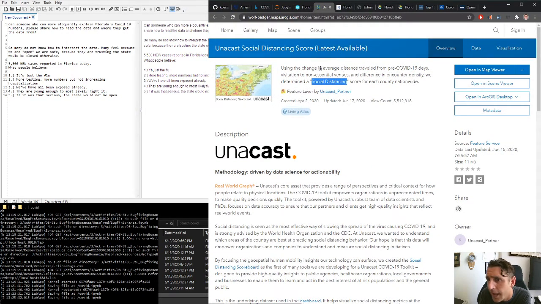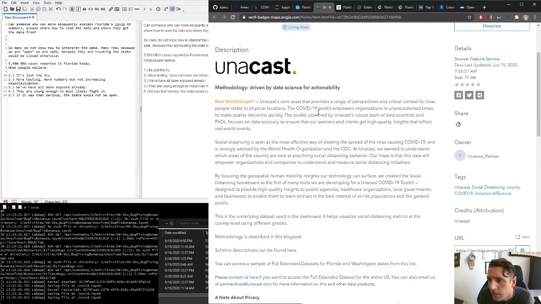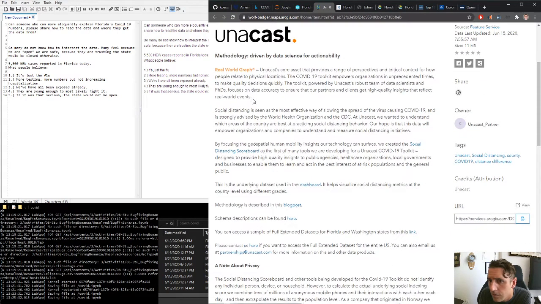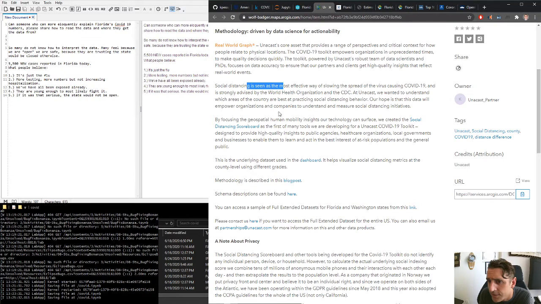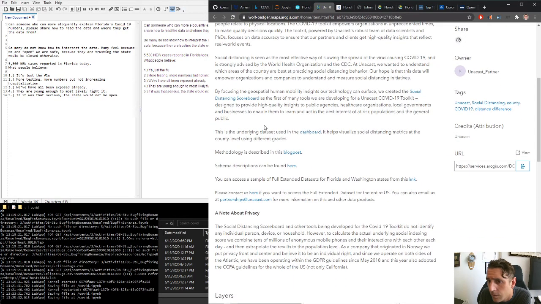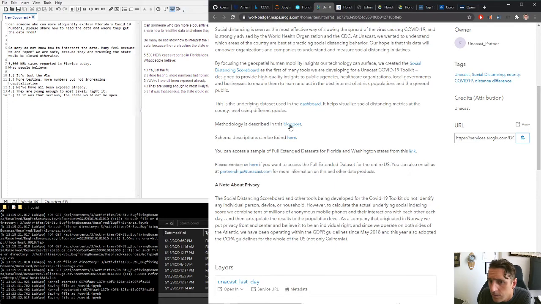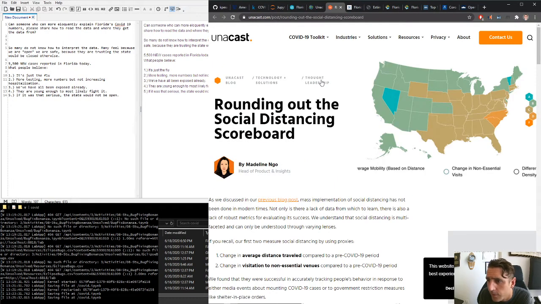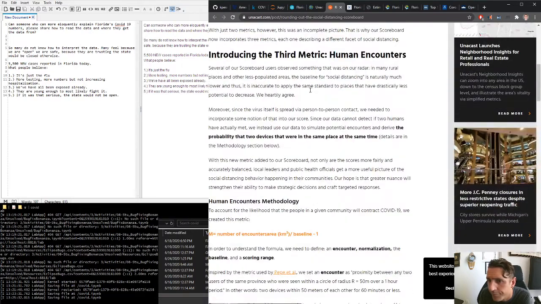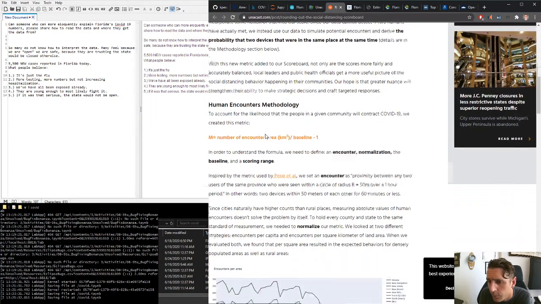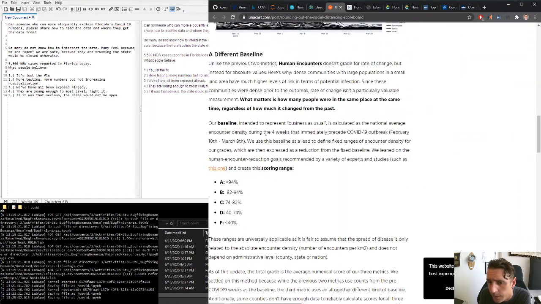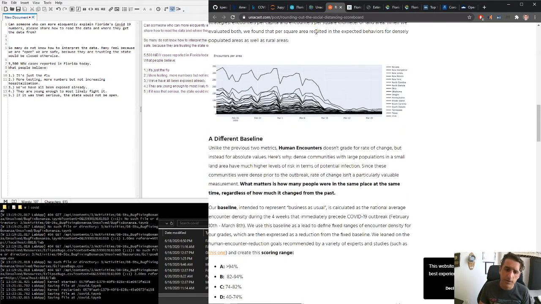So it looks at the average distance somebody travels in pre-COVID-19 days, and it looks at social distancing. So it talks about the methodology. Human encounters would cause, if you're traveling and getting closer to other people, a higher rate of infecting other people. So anyways, here, I think